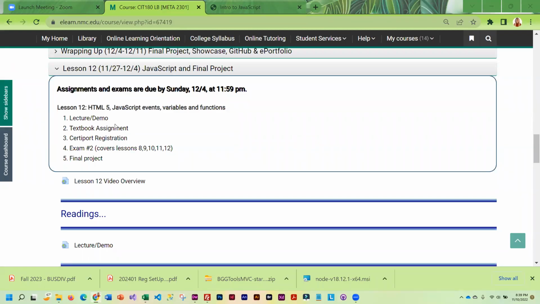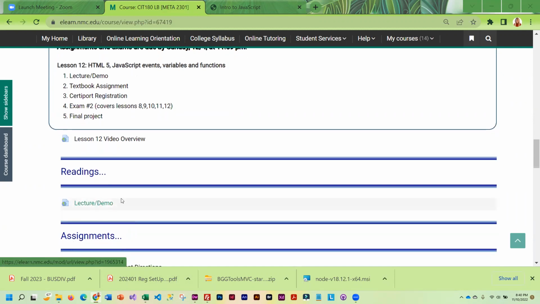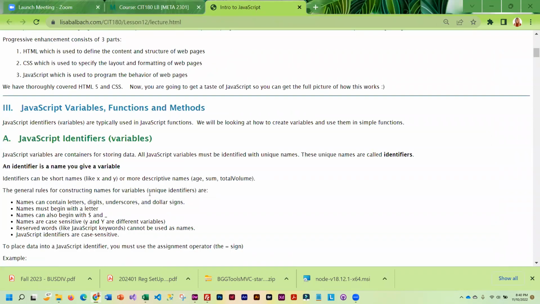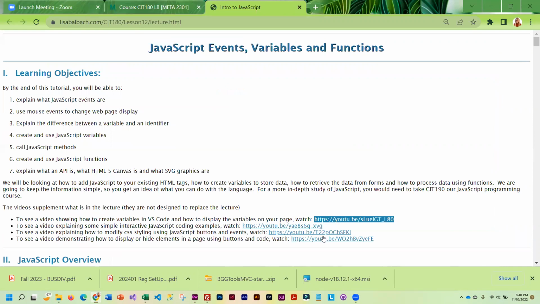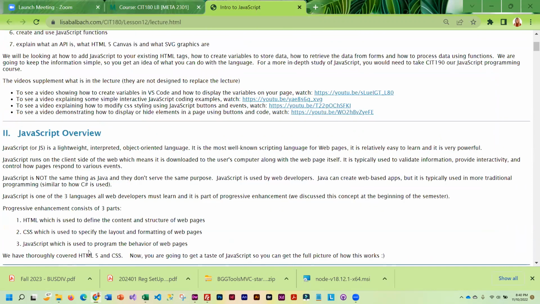We are going to be covering JavaScript this week, just a little introduction to JavaScript, and you'll be finishing up on your final project. There are no web-based readings, so you just need to go through the lecture demo. And I have included videos on all the different sections in this lecture demo. So you're going to want to read through the section, and then, if you need more clarification, I would definitely